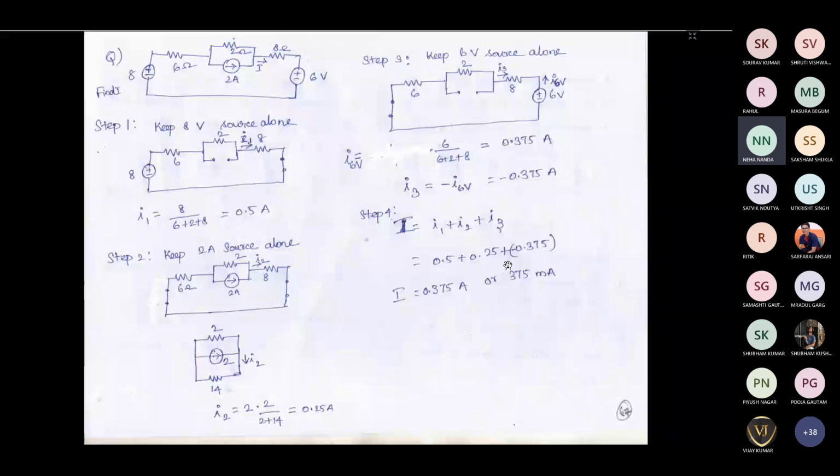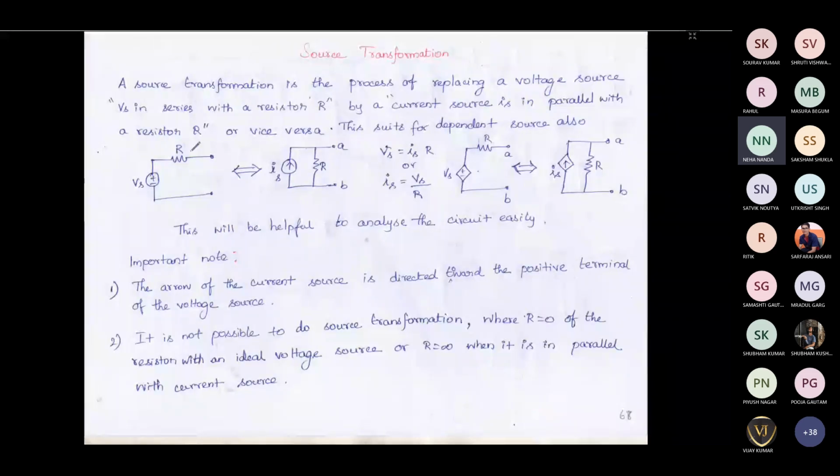Okay. Only two extreme conditions are there. When you are having this resistor as zero, that is for a voltage source with a resistor as zero, then you cannot do source transformation. And another thing is when you are having this resistor as infinite, then also you cannot do the source transformation. Okay, these are extreme conditions. When R is equal to 0 for a voltage source with a resistor, then you cannot do the source transformation. Similarly, when R is equal to infinite, then you cannot do the source transformation from this part to this part. These are two extreme conditions.